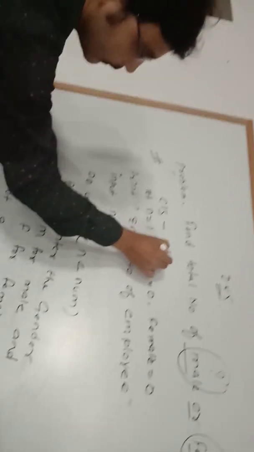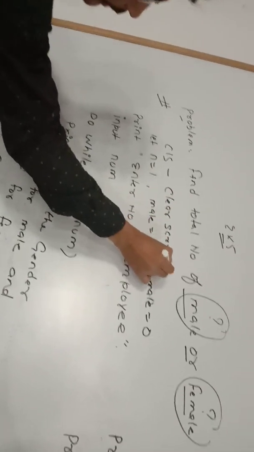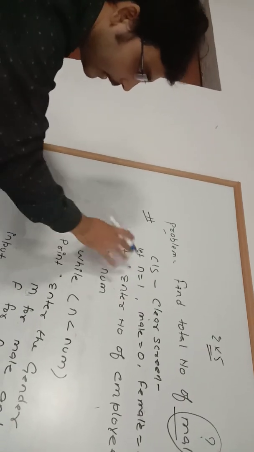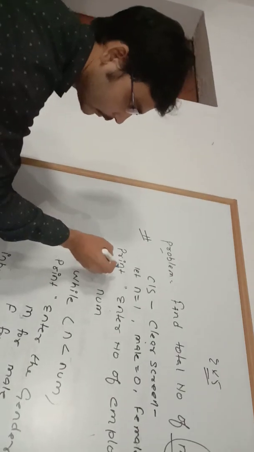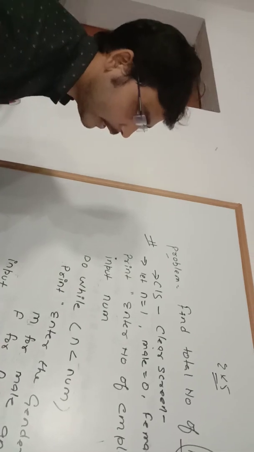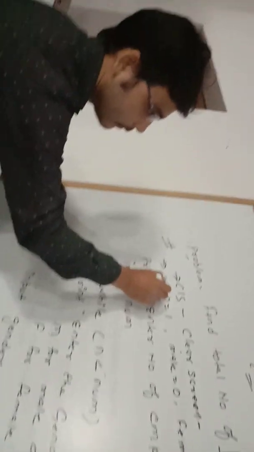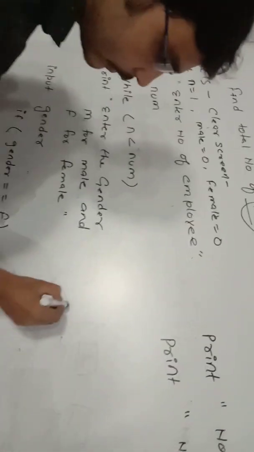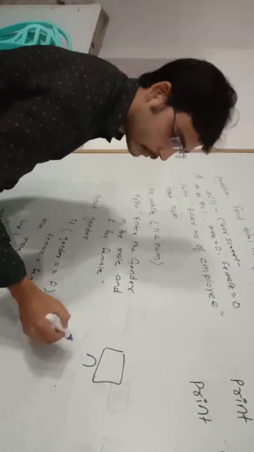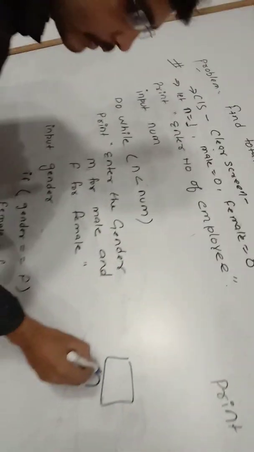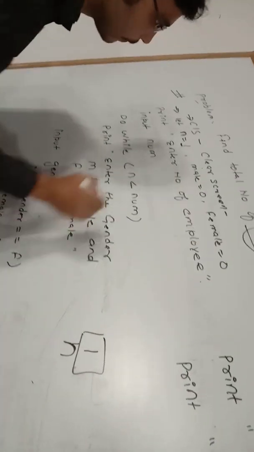The first is the clear screen. It will clear the screen, which means whatever the output was in the previous program will be cleared and the new output shown. So here I use the clear screen. And the let command assigns the value. Suppose n equal to 1, it means it assigns the value here. This one is the n box, and n is equal to 1.